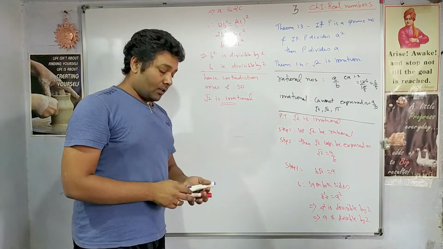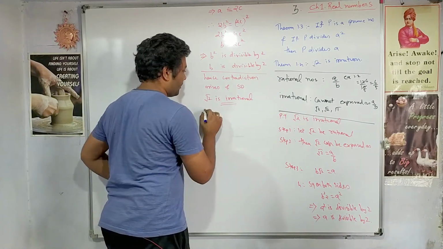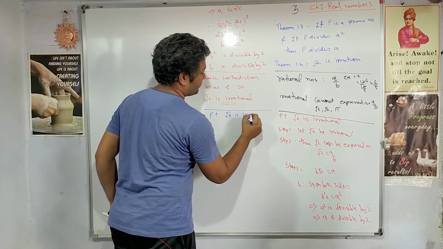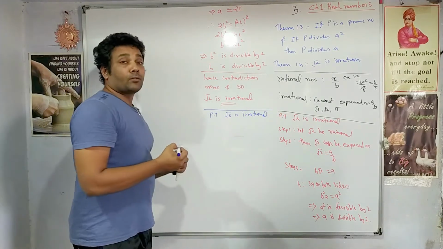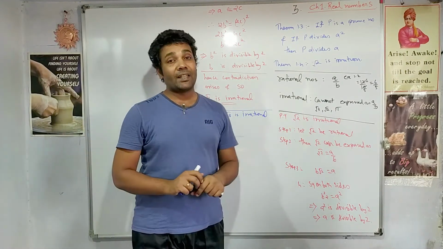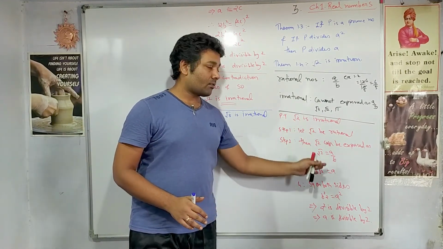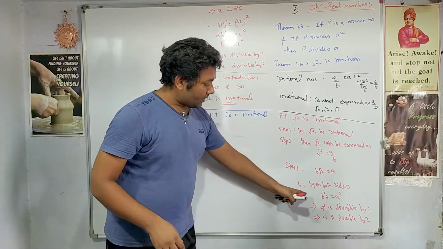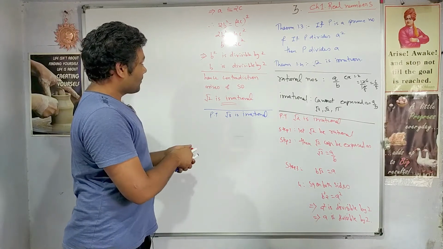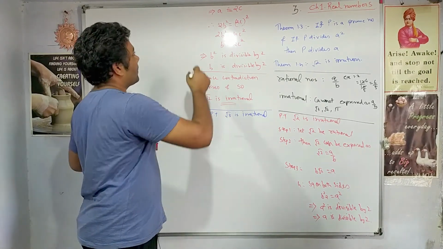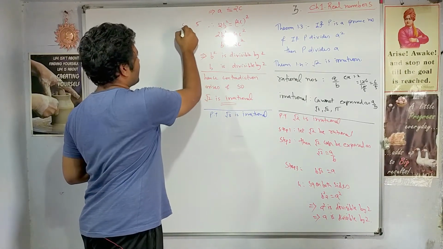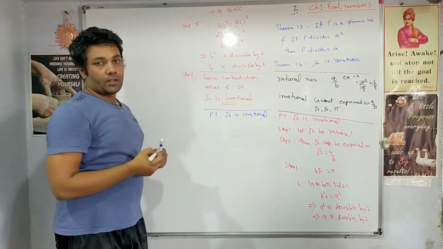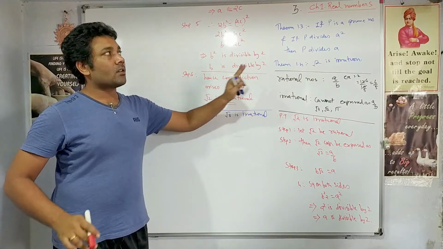Similarly, we can also prove that root 3 is irrational. This is also the same way we have to do. Whenever any question is asked to prove as irrational, that means the same method you have to follow. Steps 1, 2, 3, 4. On the fourth step, if you take till here, then here starts the fifth step, and in the sixth step, you write down the contradiction. Finished. Same common method for all the sums related to this exercise.